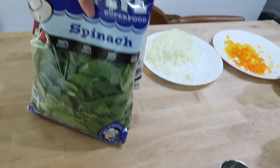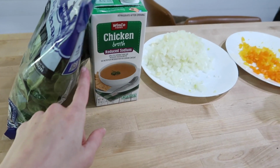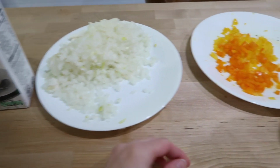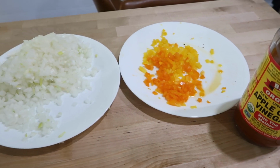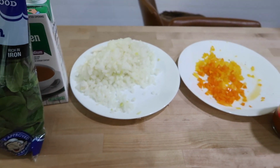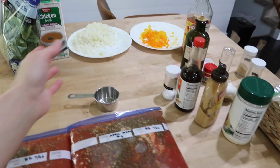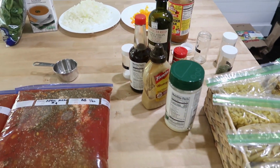And then as far as extra food goes, I forgot to put in the spinach, had a little bit of chicken broth left over, a lot of onion, I don't know, maybe my onions were just huge, and then a little bit of bell pepper. So we're gonna have a salad tomorrow, and then I'll have a little bit of chicken broth. I always keep that on hand anyway, and then over here, here's just some condiments that I've got to put away,